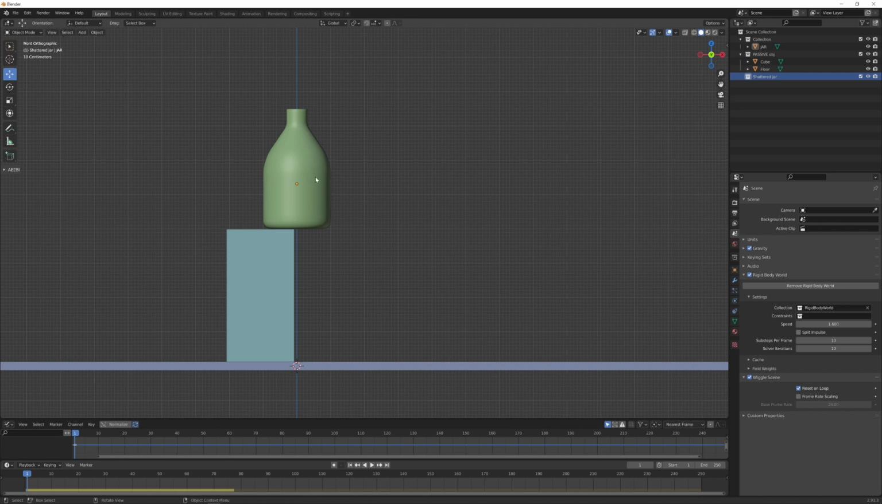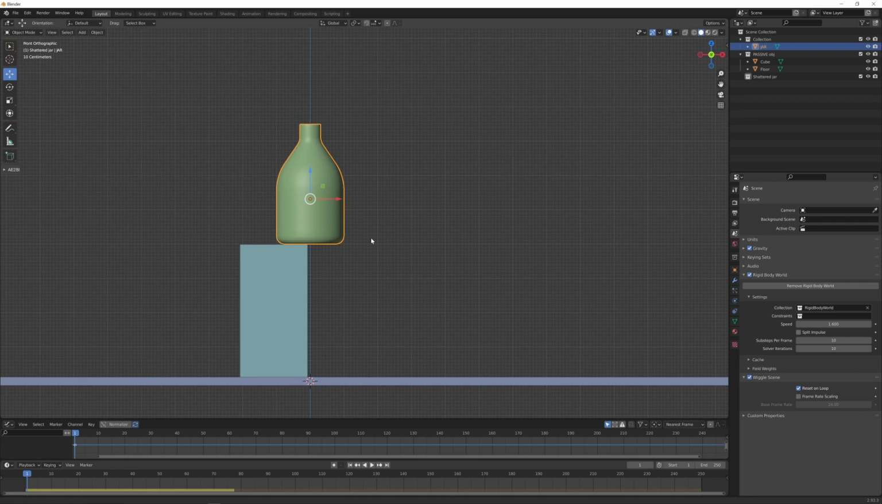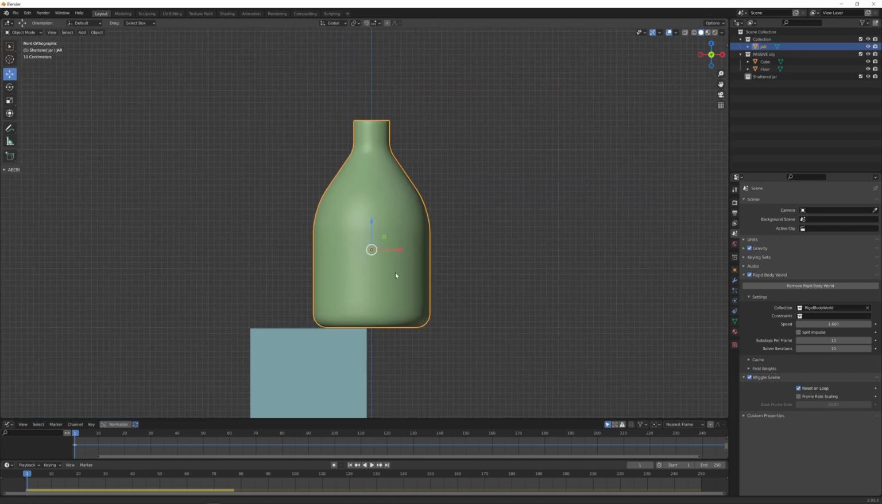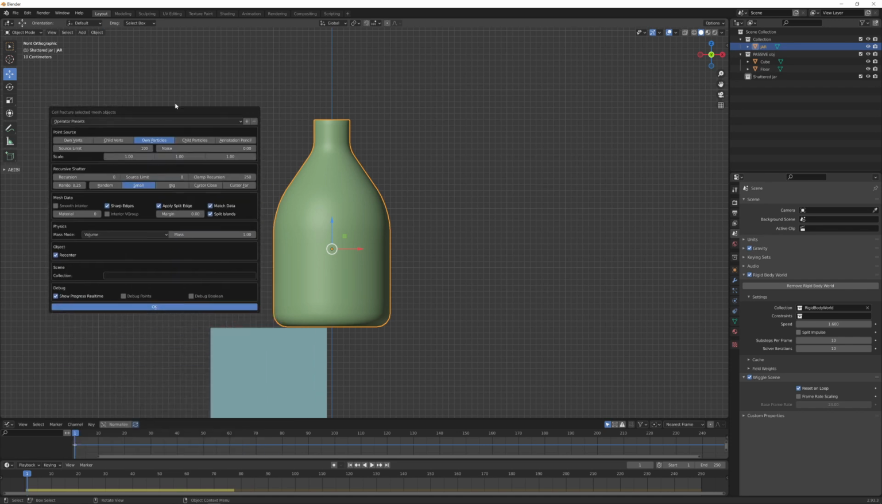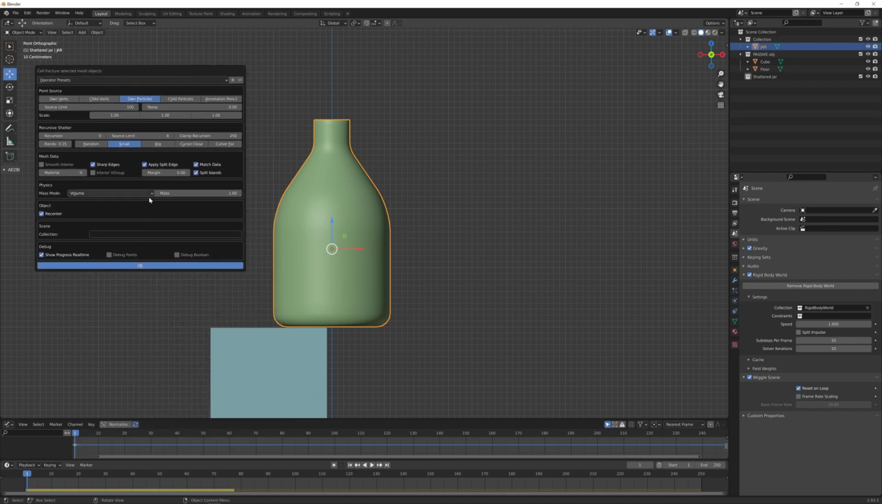So to have this object shattered into different pieces, we have under Object this powerful Cell Fracture add-on that, if you don't see it here, you probably have to enable under Preferences in order to have it on your Blender version. So let's click on this. I won't go too deep into all these parameters, only I want to increase this noise value